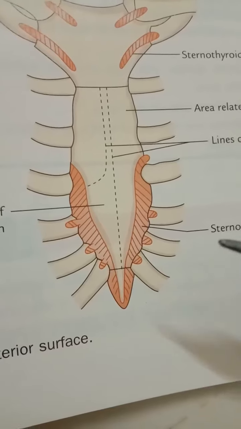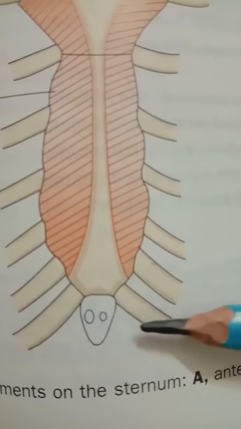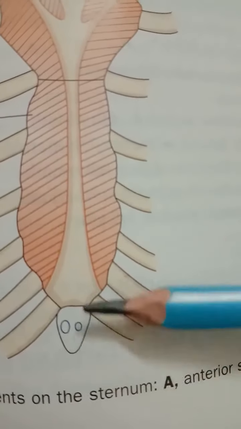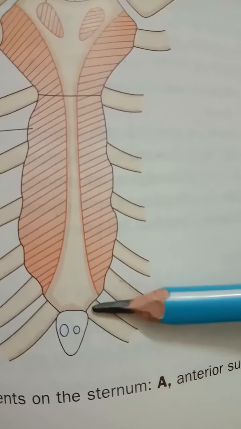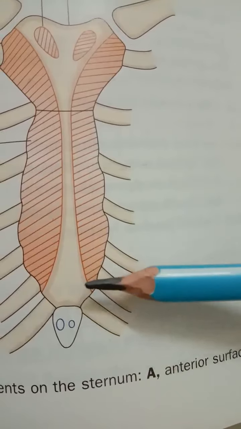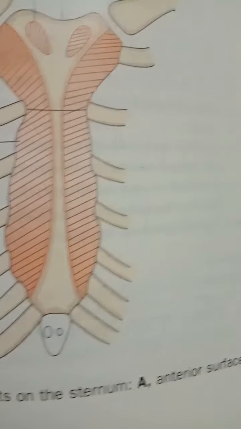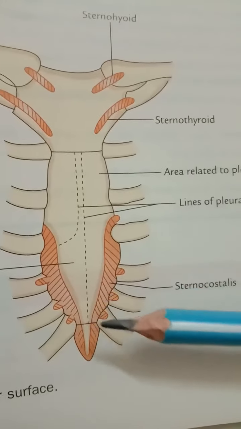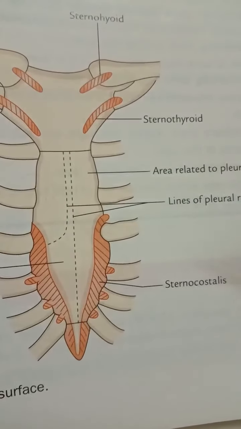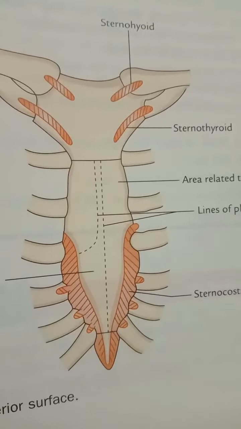The anterior surface gives insertion to the median fibers of the rectus abdominis. And you know rectus abdominis is the muscle of the abdomen. It also gives attachment to the aponeurosis of the external and internal oblique muscles of the abdomen. Then the posterior surface gives origin to the diaphragm and is also related with the anterior surface of the liver.